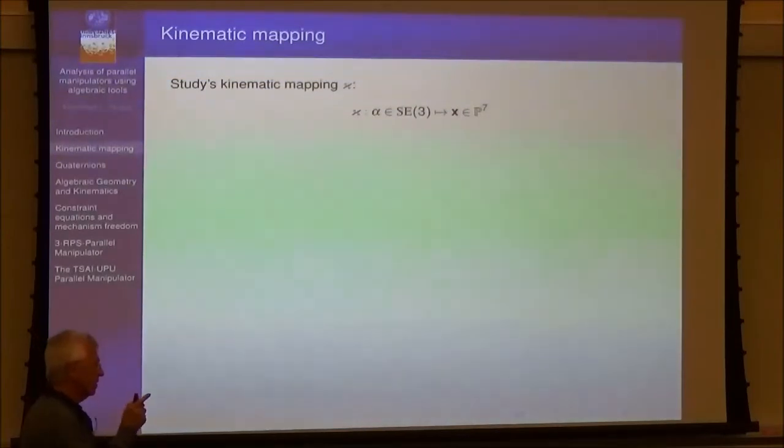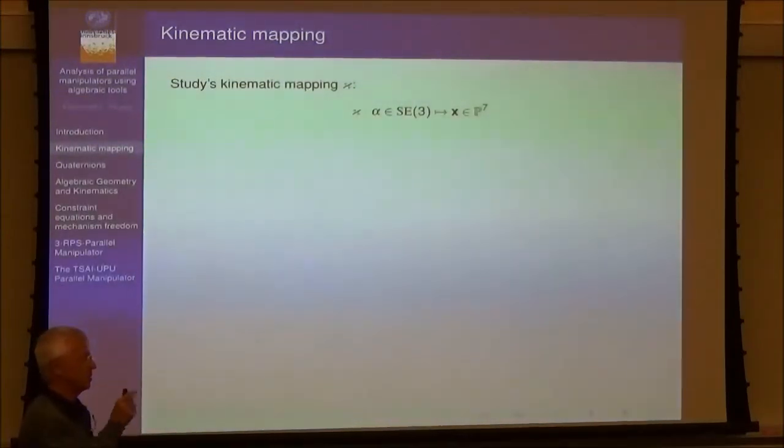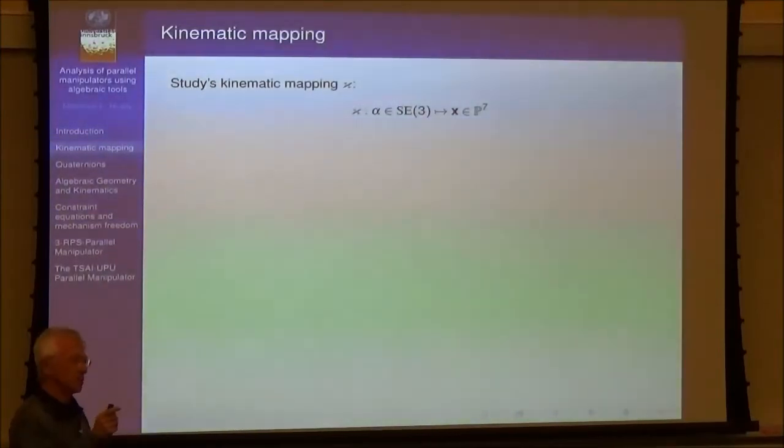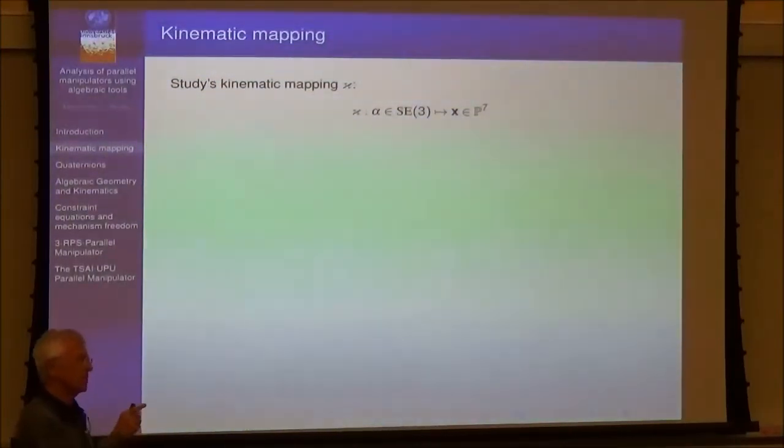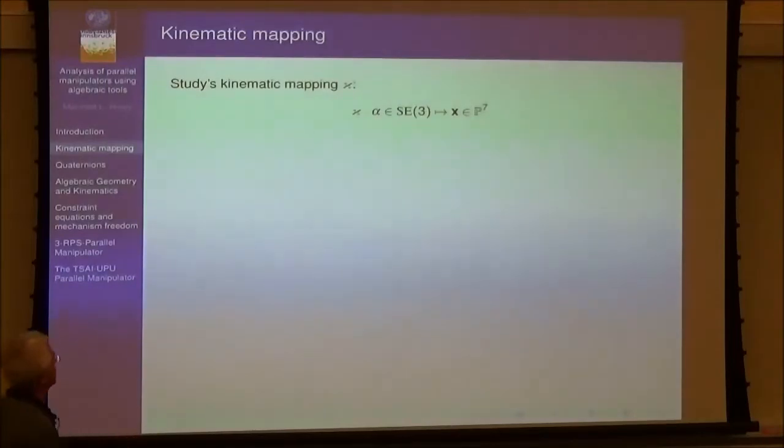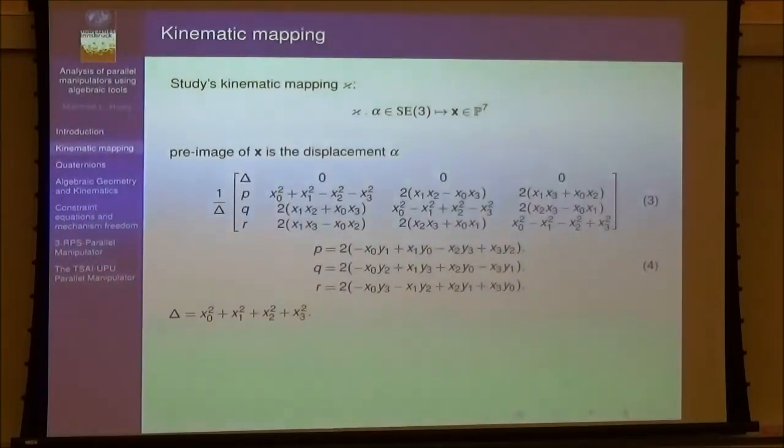A point in this space represents one Euclidean transformation, one Euclidean displacement. So one displacement is one point. This is what this mapping does. And this matrix you have seen in the morning too. This matrix is when we have